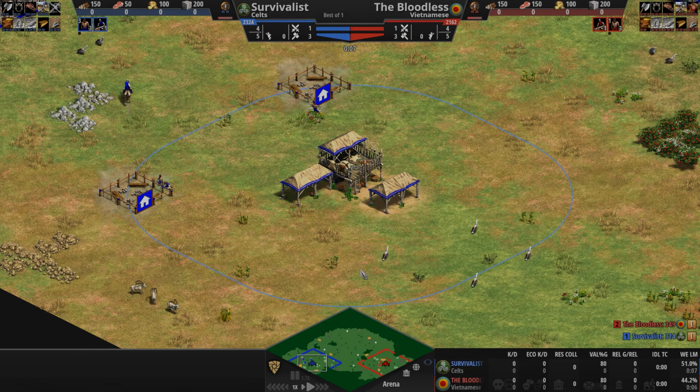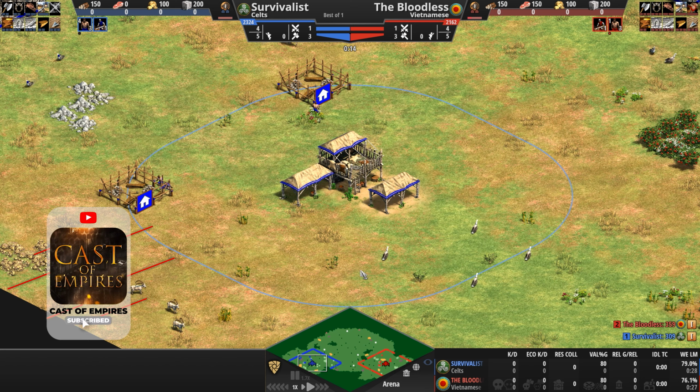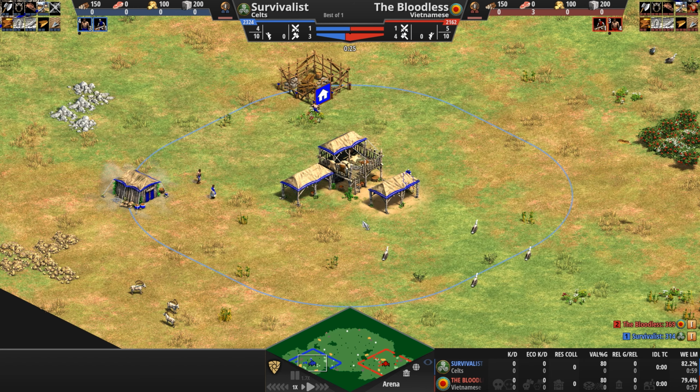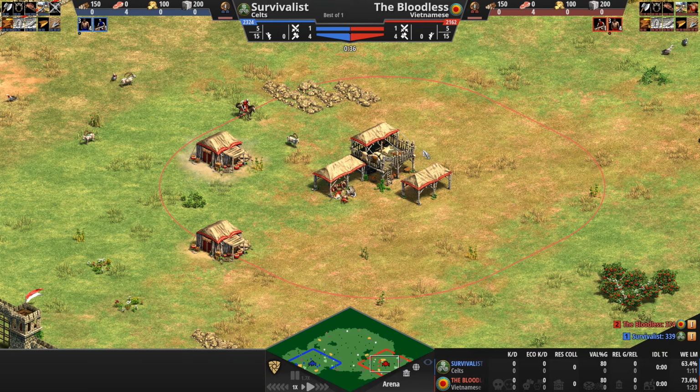Hello everyone and welcome to another high elo game of Age of Empires. Today someone go dig up Karl Marx because we've got a battle between the hard-working proletariat lumberjack and the bourgeoisie gold-earning lumberjack as Survivalist, playing as the Celts in blue, prepares to take on the Bloodless, playing as the Vietnamese